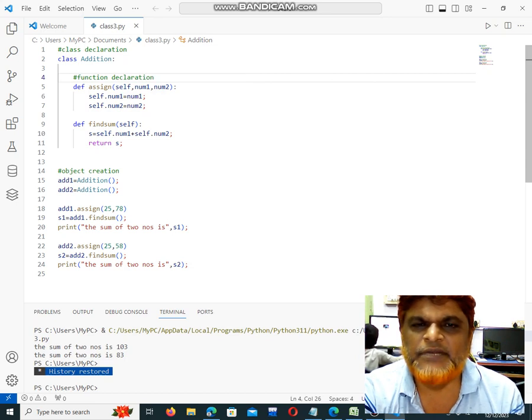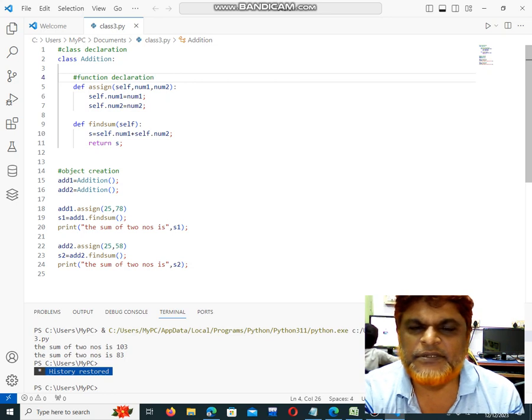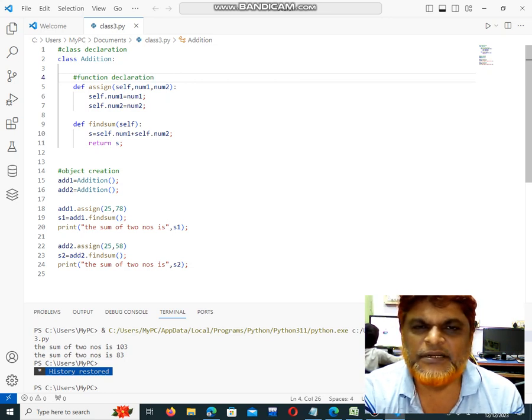Now here, what is happening? In the previous programs we declared the variable inside the class. And for that class we passed the variables to whatever parameters were assigned to the function, and we assigned them to local variables. Now, since the variables are not declared in the class, we have to assign the same variable to the class also.